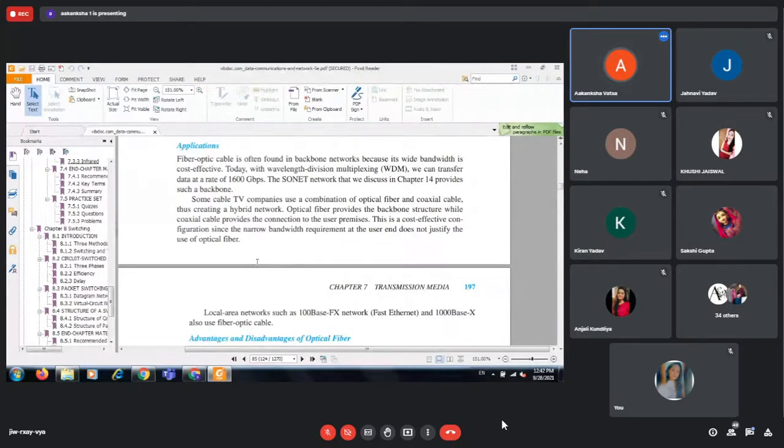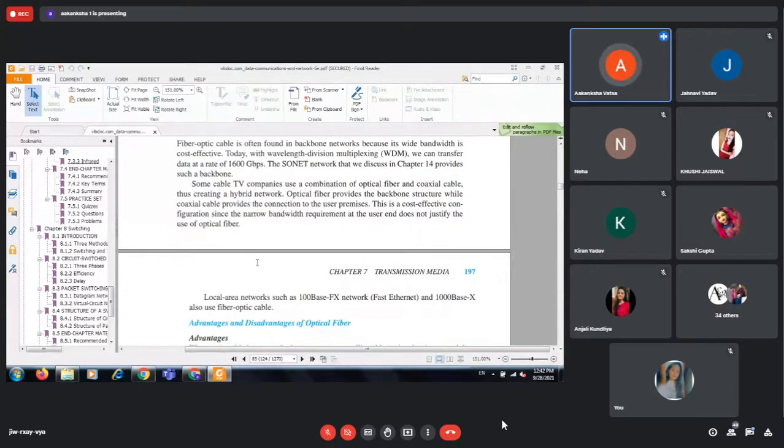So normally we don't use optical fiber at the customer end, we only use coaxial cable because that can have a data rate of around 30 Mbps or 50 Mbps or maybe 100 Mbps at the maximum, because at the customer's end you don't require a higher bandwidth. But at the backbone network, you will require a very high data rate or higher bandwidth. Therefore, we can use optical fiber. We can replace that network with an optical fiber network if it is still using some other network strategy.